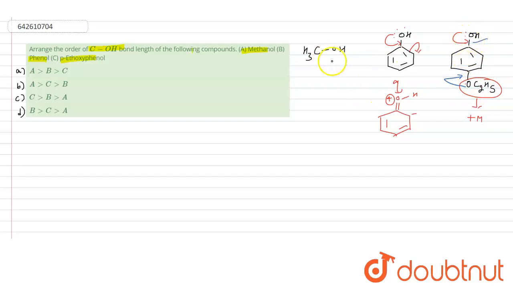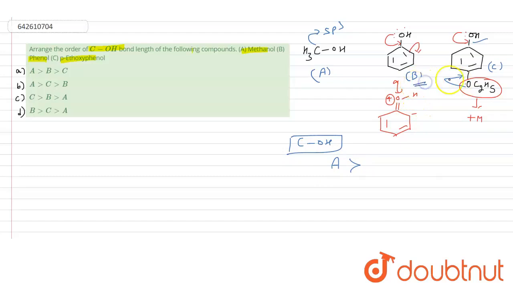Let's say this is compound A, this is compound B, and this is compound C. If I assign the bond length order, this carbon is not sp2, this is sp3, and there is a single bond. Single bond has more bond length as compared to double bond. So compound A has a more C-O bond length as compared to B and C. Now the question arises: which one has a higher C-O bond length,